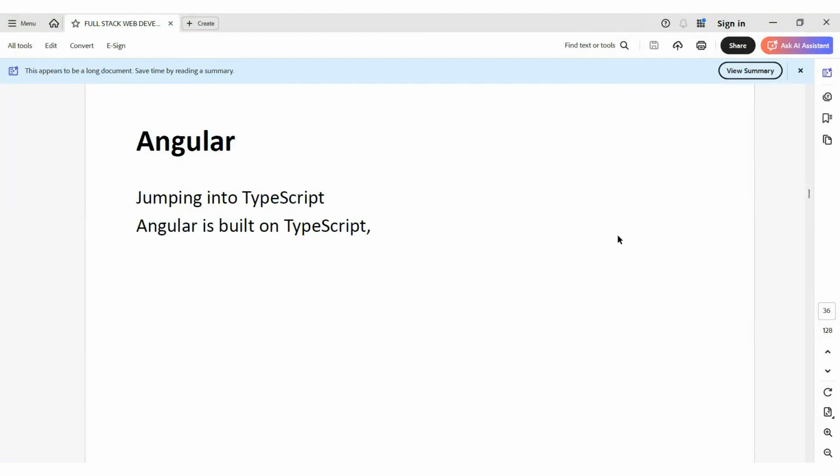In today's class, we are going to be talking about Angular. In the previous class, we gave the definition and how to install the Angular app by using the command ng install -g @angular/cli. CLI represents command line interface. In this case, we're going to talk about TypeScript and how Angular is built on TypeScript.